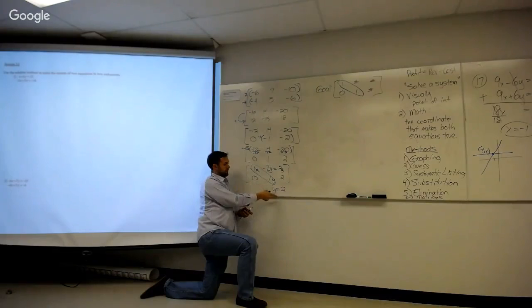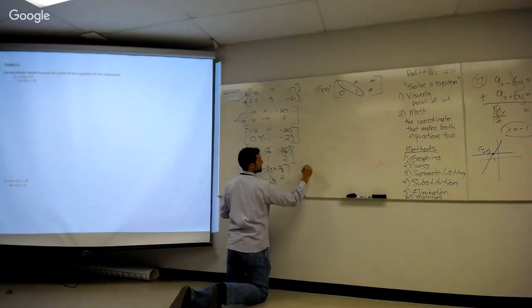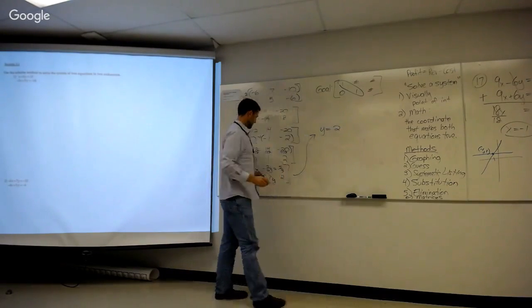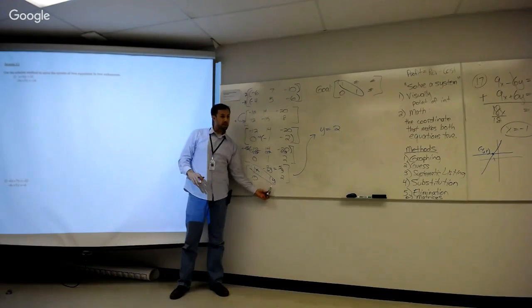Because the y equals goes over to the right, right? Well, yeah, I'm no longer a matrix. So now I know that y equals 2. I'm going to come up here then. I now know that y equals 2. And the purpose of echelon form is once you're in echelon form, you automatically know the bottom variable, and now